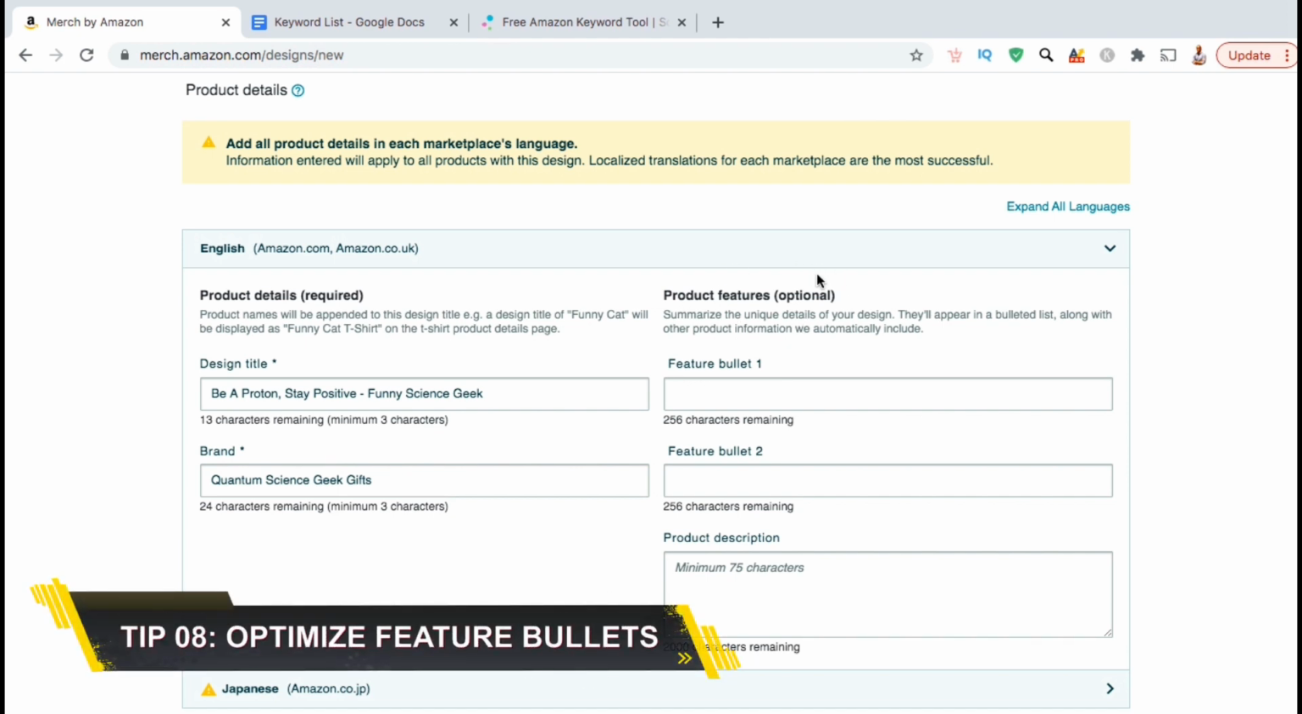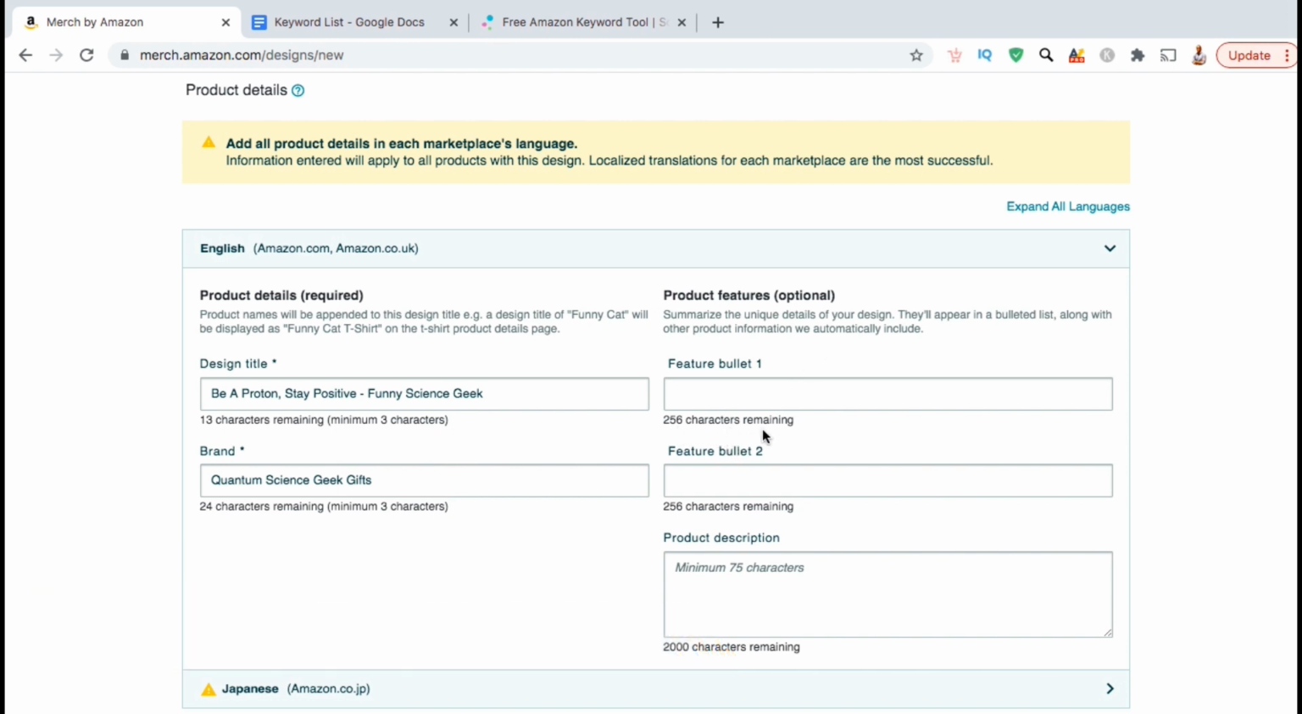But since our goal is to optimize our listing, let's move on to our 8th tip, which is to optimize your product feature bullet points. You have 2 feature bullet point areas where you can add text with a maximum of 256 characters each. Don't include any information about the product itself, such as the fabric type or the wash instructions. You want to focus on details about your actual design, such as what it is, who it's made for, how it was made,